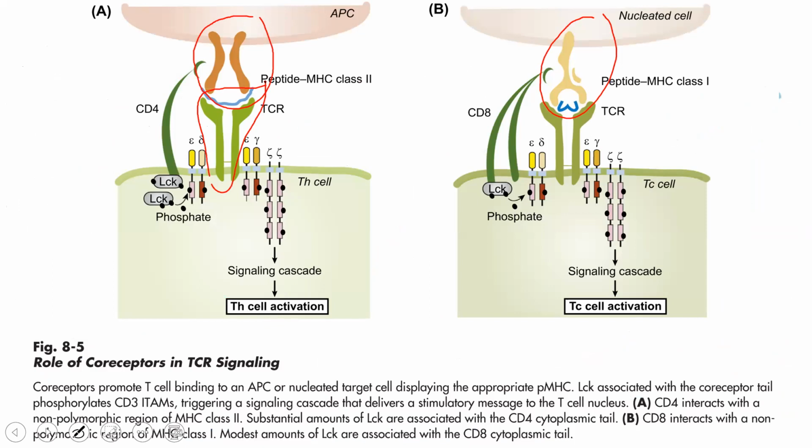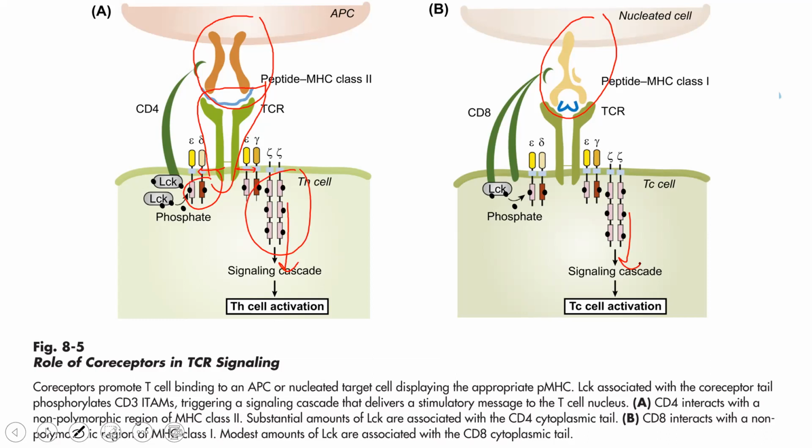And once the TCR is activated, it starts sending signals via its positively charged amino acids in the transmembrane region to the CD3 molecules, which have negatively charged amino acids in their transmembrane. So this positive-negative amino acid interaction is occurring. And finally, what we are seeing is that the CD3 molecules are being activated. And once the CD3 molecules are activated, you can see the signaling cascade starting downstream, resulting in the T cell activation. So that is one part of the story.